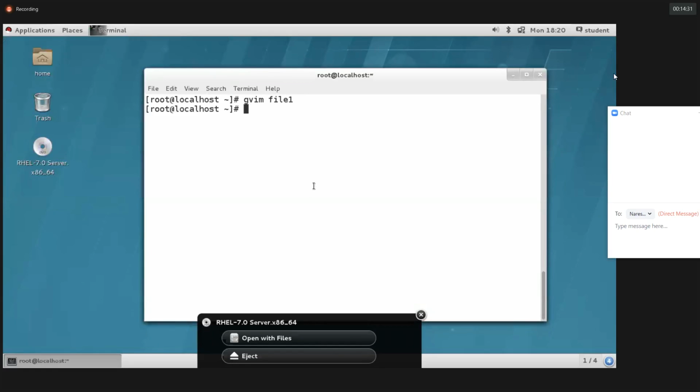But in a real-time environment, yum install gvim, that's it. At present it doesn't require, guys. I will teach you later, don't worry. The installation part, we'll have one chapter called package management. At that time I will teach you.